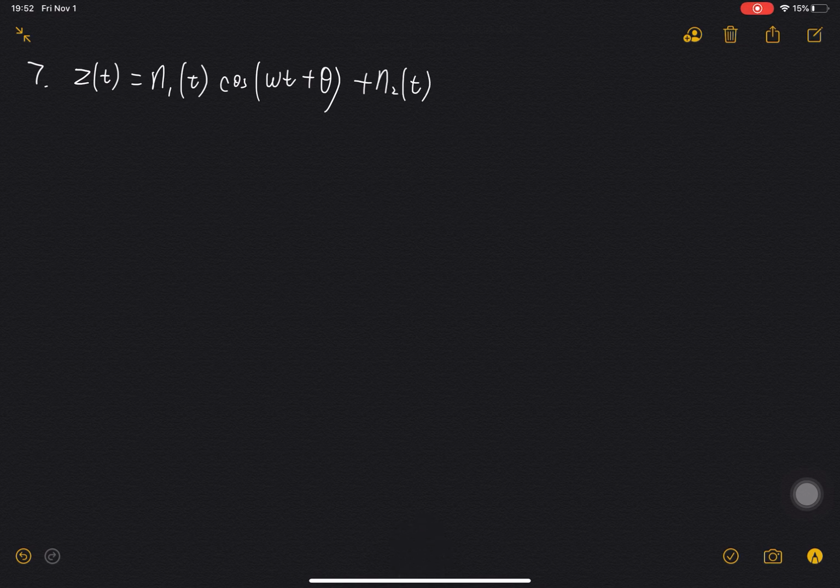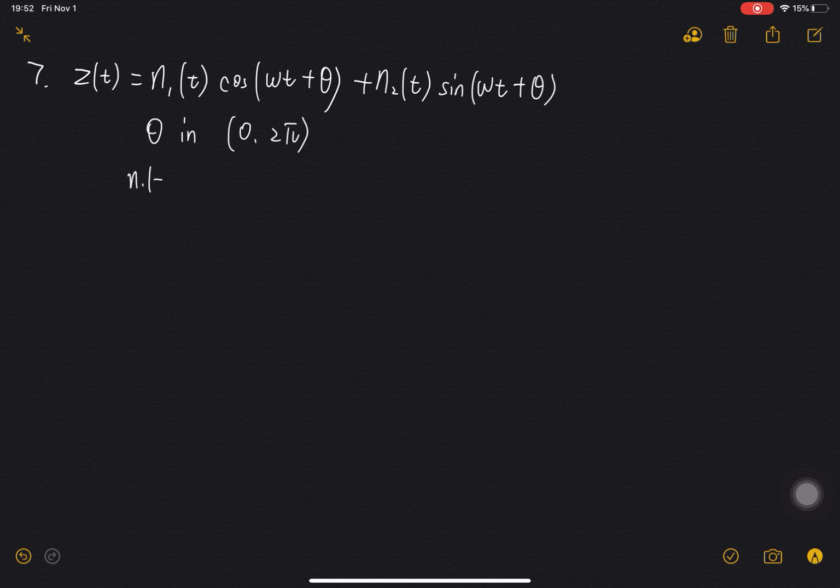Alright, for the first part of the video homework, let's talk about problem 7. So in problem 7, we know that z(t) equals n1(t) cosine(ωt + θ) plus n2(t) sine(ωt + θ), and the theta is in 0 to 2π,